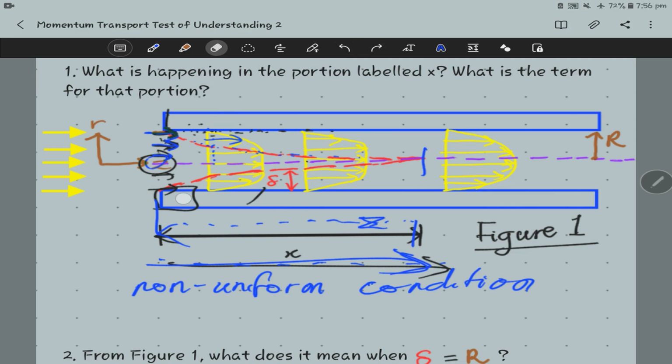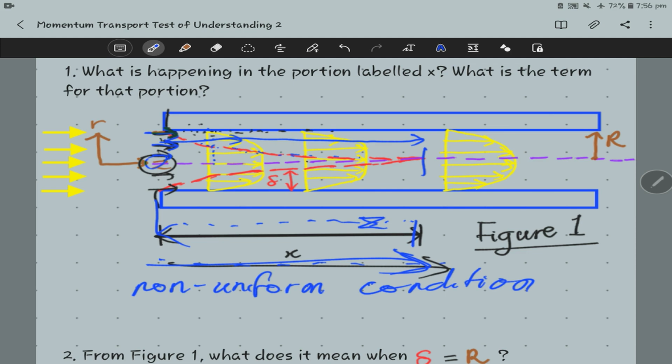Okay, let's do this. So now we are considering a particular location here, whereas for the first one we were talking about whether it's uniform or not within this region X. So it's not a particular location, it's a region. But now if you consider a particular location within the fluid, or a particular line or lamina within the fluid, let's say about here, still within the X region,